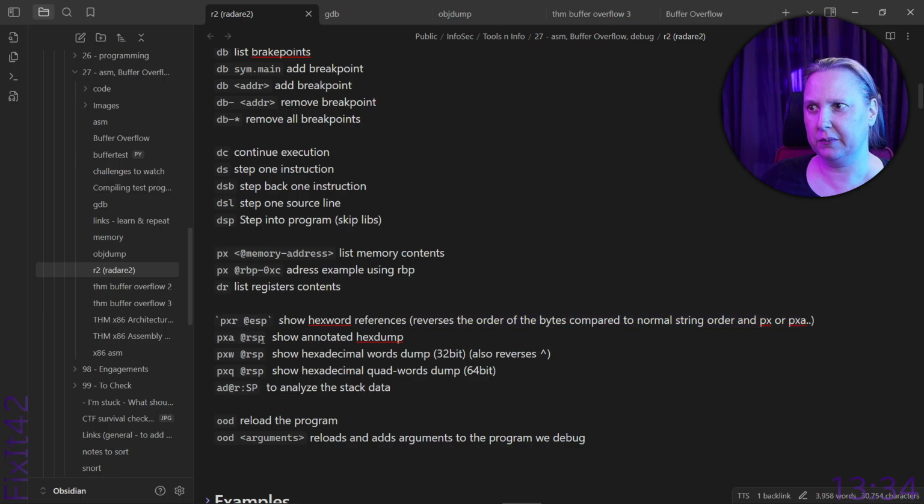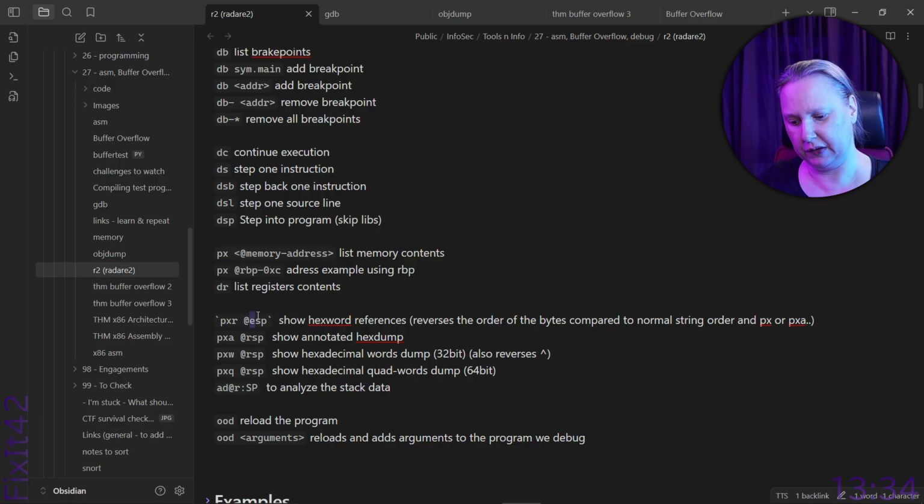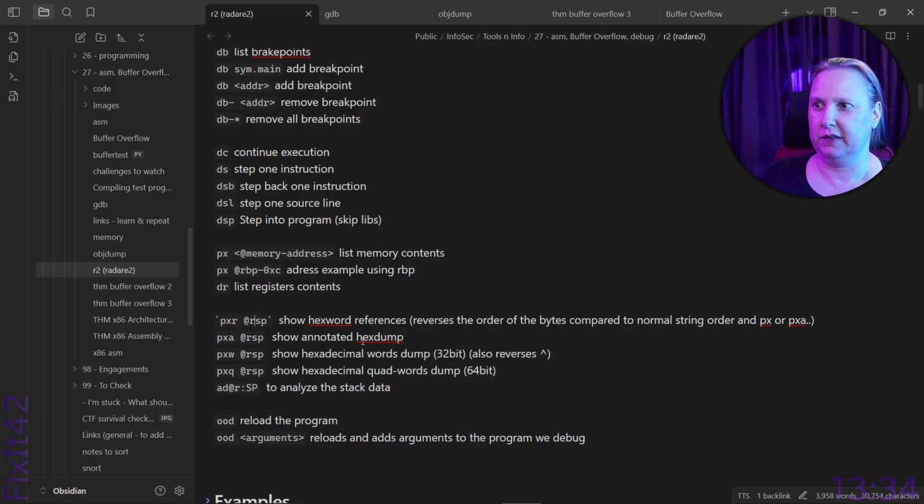So ESP, well, E or R is just depending on if it's 32 bits or 64 bits. But the PXR here, PXR and PXW. Maybe I should make this one R2 just to make it obvious that that's not the difference, right? In the notes. And maybe I should add about RSP, ESP. Well. Anyway.